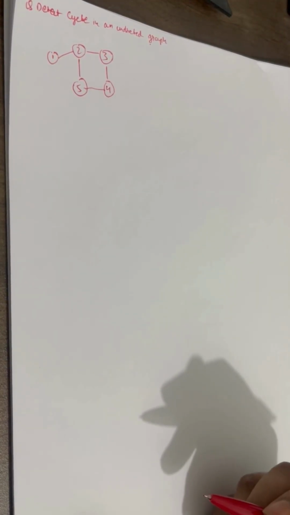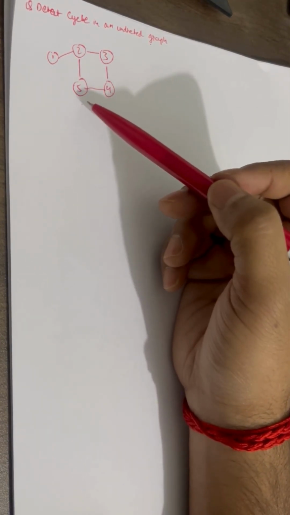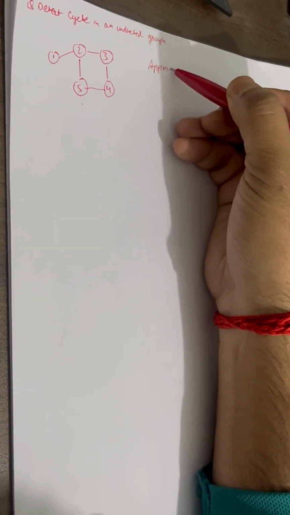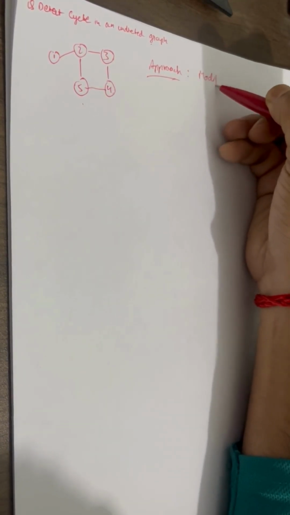Hello guys, today we are going to discuss how to detect a cycle in an undirected graph. So suppose we are given a graph of something similar, and this is an undirected graph, and we have to find whether it has a cycle in it or not. So the approach we are going to follow is basically a modified DFS,